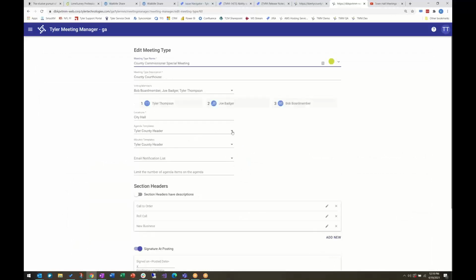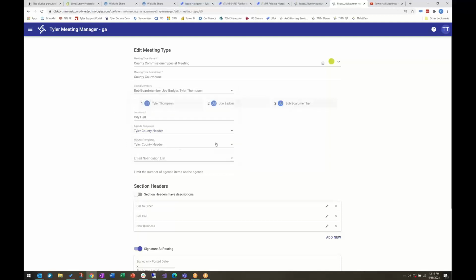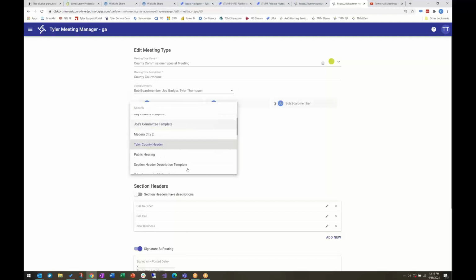Okay, so I know we've spent a lot of time setting up your templates, making sure the header is correct. So this is the header you selected for the agenda. You can now select or create a separate header for minutes. So if you want your minutes to look different, if we want to add some kind of notice or cover page to your minutes document, then we can do that